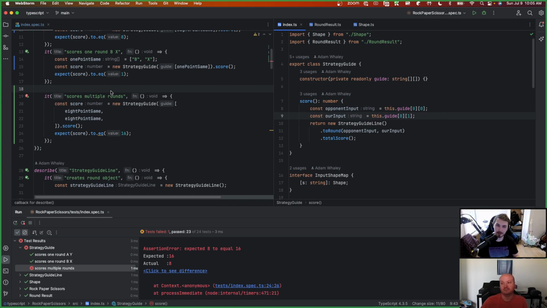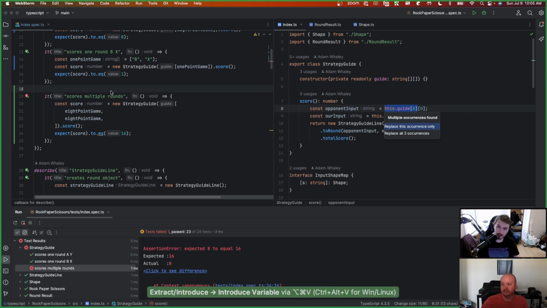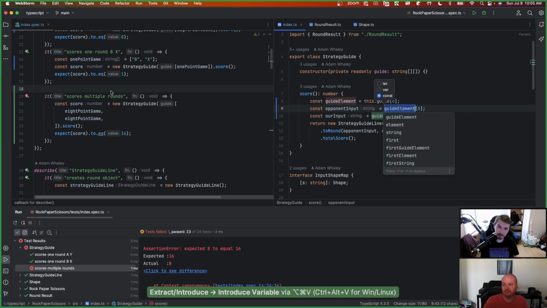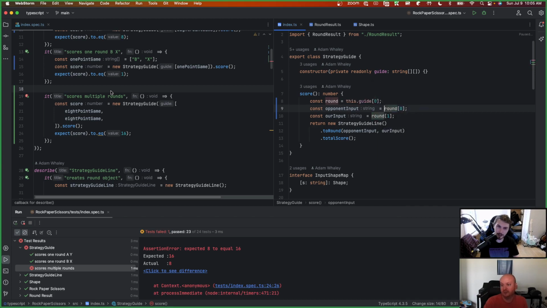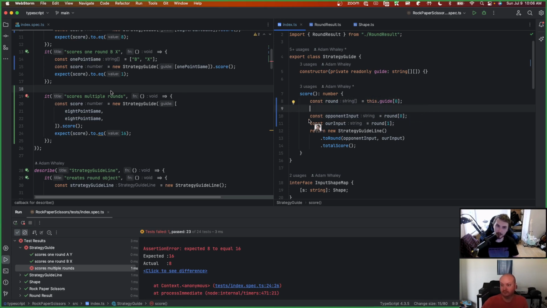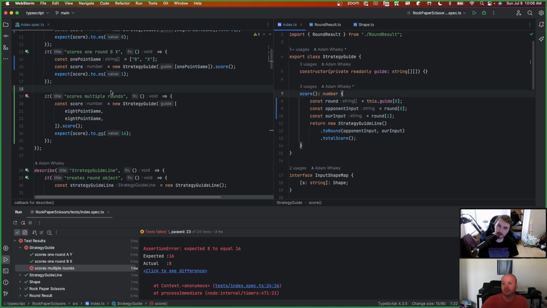So I could do as simple as possible, or I could just go and do it. There's one refactor I want to do to show the pattern a little easier: if I extract variable, I know the shortcut, to occurrences, and we'll call it round. Now we see that how we get the round is one thing, but once you get the round, it's the same code. So we could just do